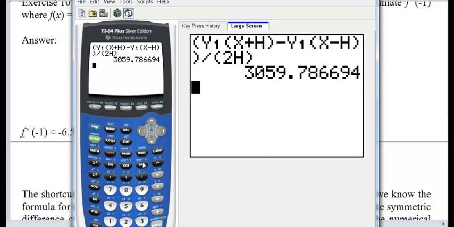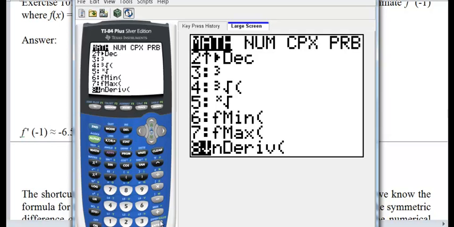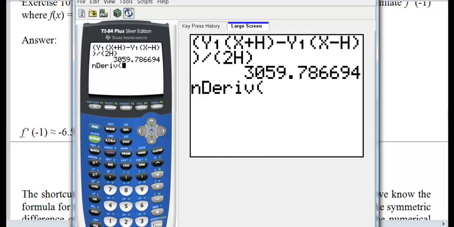Now let's do this. When I switched it to classic, this will be exactly what it looks like on a TI-82, TI-83, or the older 84s with the older operating system, or the newer 84s with it set in classic mode. What you do now is go to math, and then go down to number 8, numerical derivative. You put in the formula. Now I have two choices. I can type in the formula, x to the power 2x,